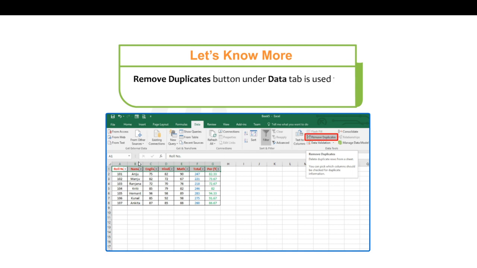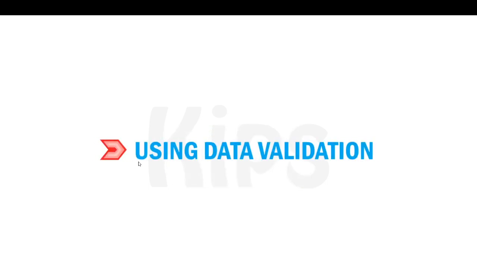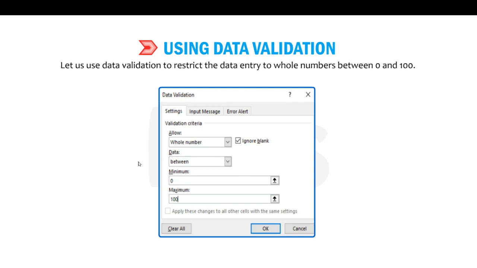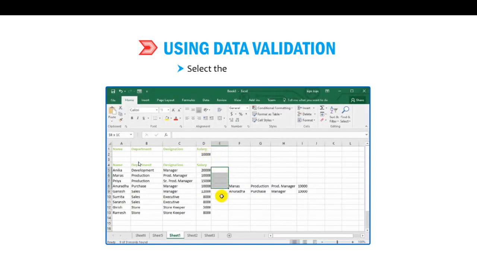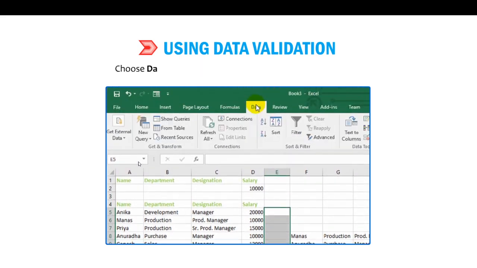How to remove duplicates? So click on the remove duplicates button to remove it. Okay, it is again under the data tab. So now data validation, just restrict it. Restrict the type of data or the value you are entering. Like if the maximum marks is 100, you can't enter more than 100 marks. Okay, if your exam is having 40 marks, we can't enter more than 40 marks. So these are the data restrictions, data validations.